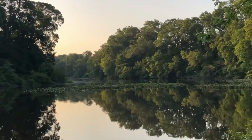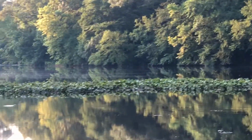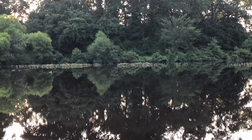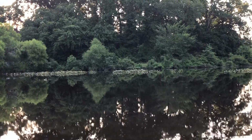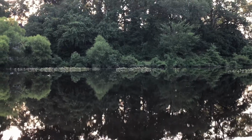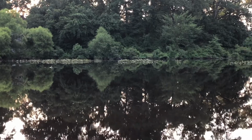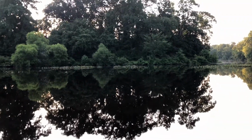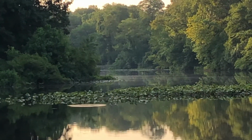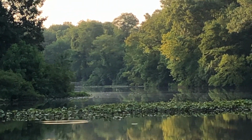Okay, so this is what we're looking at. The growth here out in the middle, that's a very bad sign. It's a very bad sign that this waterway gets shallower and shallower, and what happens when that happens is when the sun hits it, it heats up faster. Shallow water is warm, and the deeper you go, it gets colder. That's exactly what's happening here. And that causes an algae bloom. And you can see further down there, you can see the scum on the top. That's algae there, and it's gonna bloom